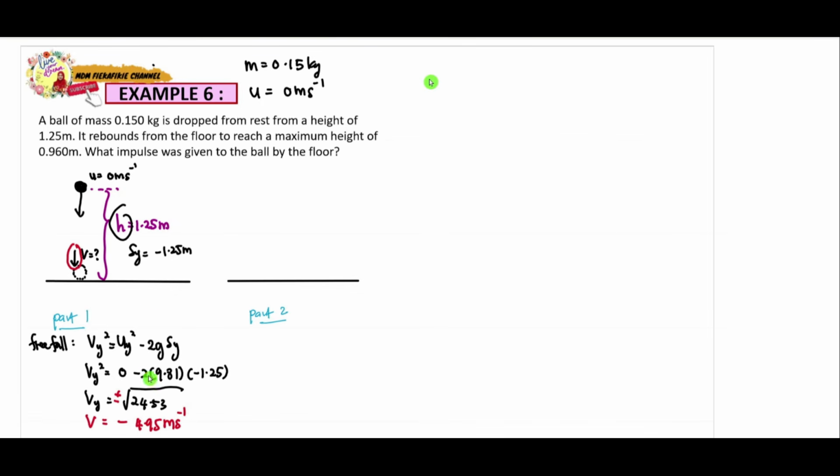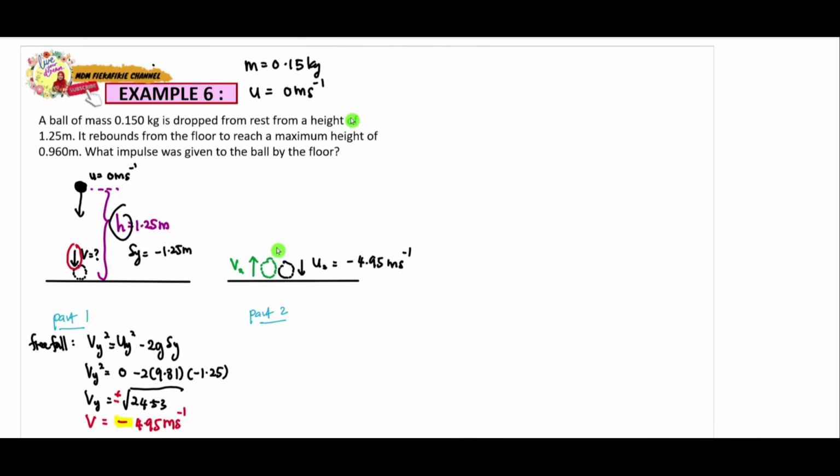Tapi belum lagi menjawab soalan itu, baru V. Okay, because direction of negative is downward direction. Alright, so now what happened? In the second part, we know already that the object is moving in this direction. So saya namakan dia sebagai U2, because this is second part, so that's mean the initial velocity before collision. And after collision, kita tak tahu pun berapa. So kita letak dekat sini, saya letak dia sebagai V2.